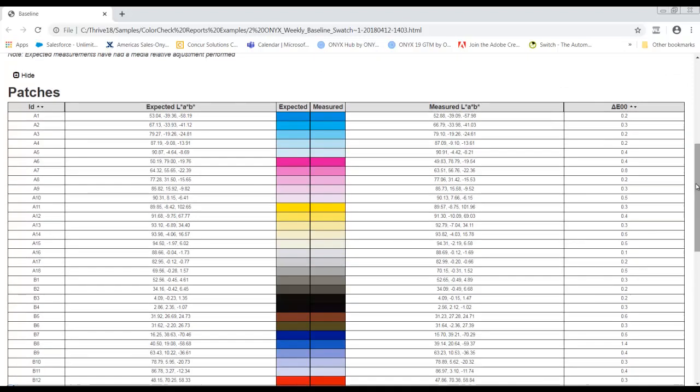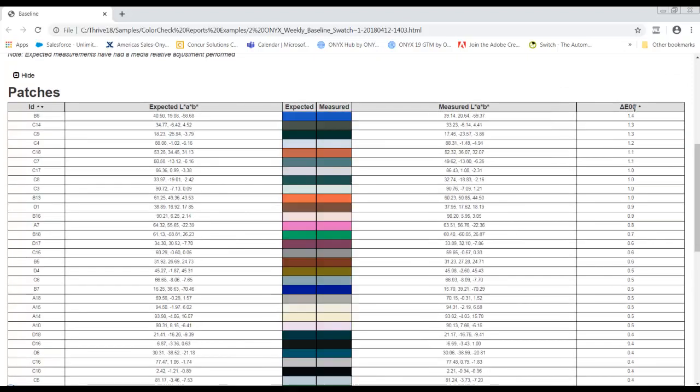In this list, I'm able to click at the delta E arrows and sort from lowest to highest. Because I set my threshold to be a maximum delta E of 2, I'm under that amount because my highest value is 1.4.